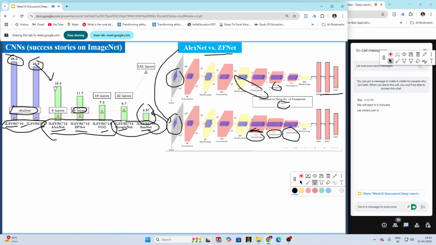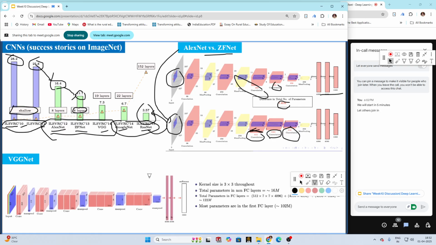So that is why the error in AlexNet was 16.4%, whereas in ZFNet our error decreases to 11.7%. So that is the difference between AlexNet and ZFNet. More details you can refer to in the lecture, but this is the summary. And then about VGGNet, after AlexNet and ZFNet,